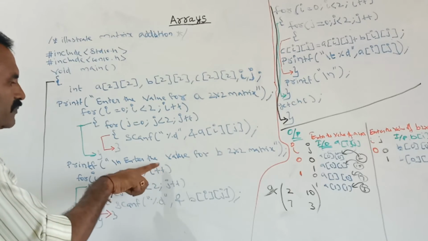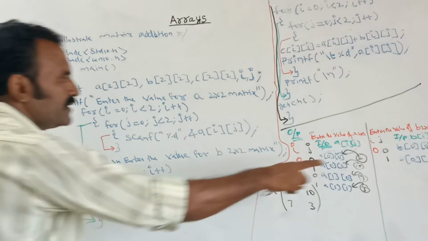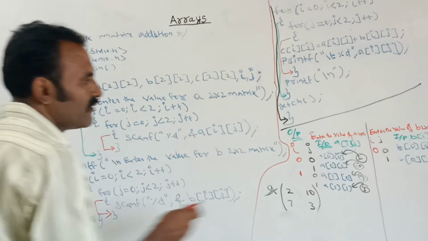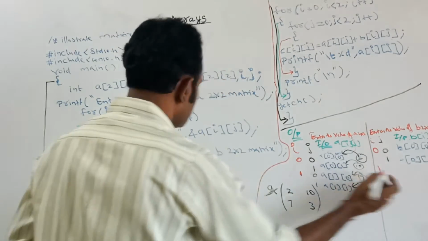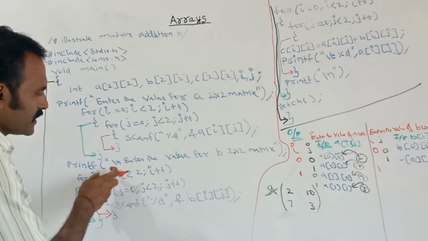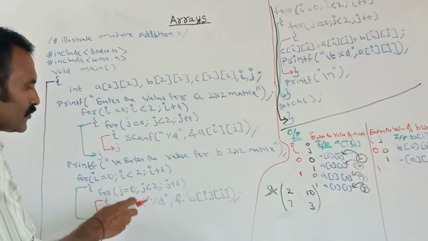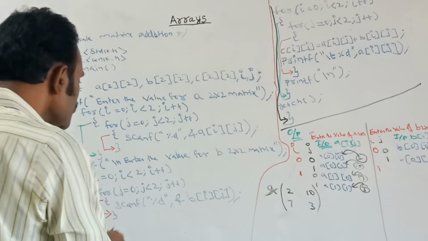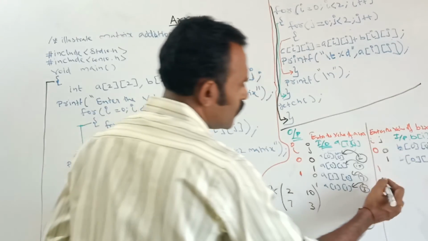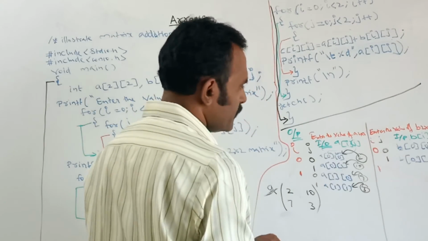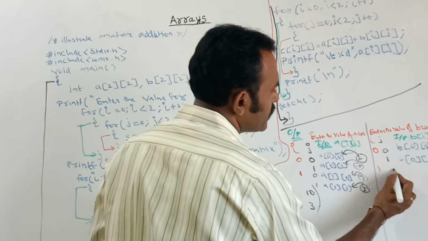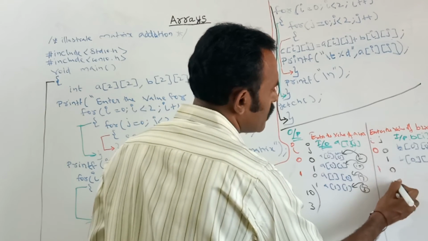So outer loop, previous value plus 1, previous value is 0, 0 plus 1, now the value is 1. See, it will check the condition, 1 is lesser than 2. Again it will come inside the inner loop. Here this inner loop will be completely executed from 0 to 1. So the inner loop value again 0 and 1.